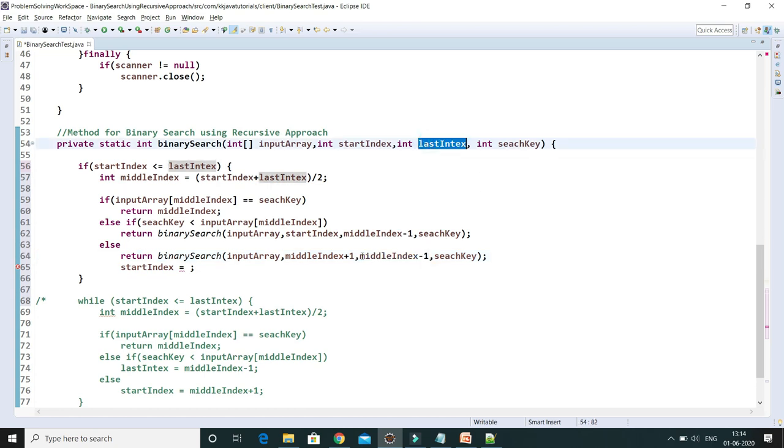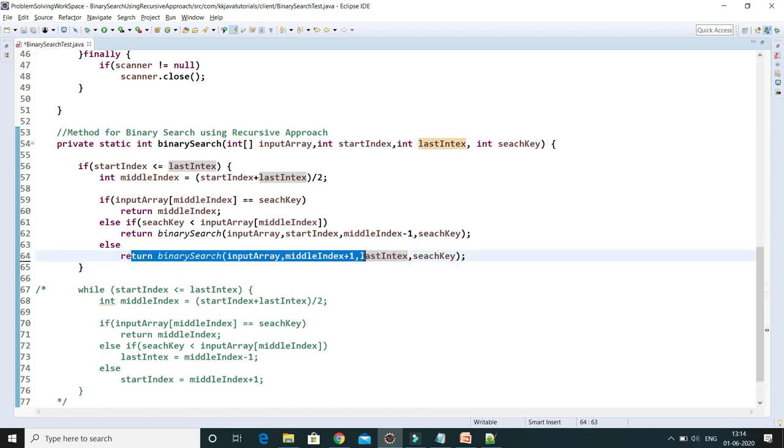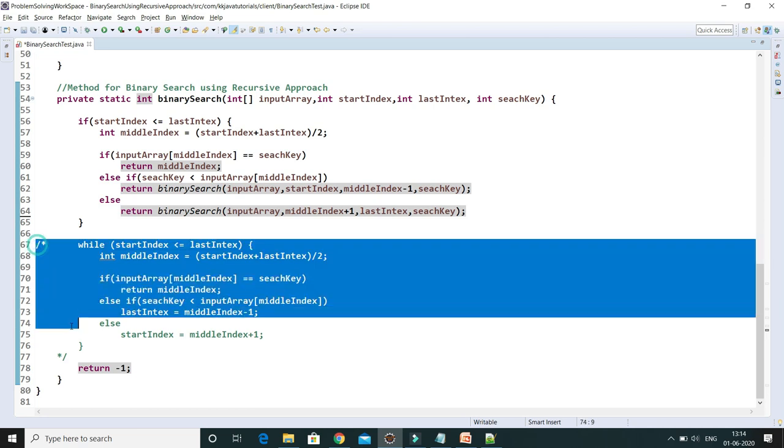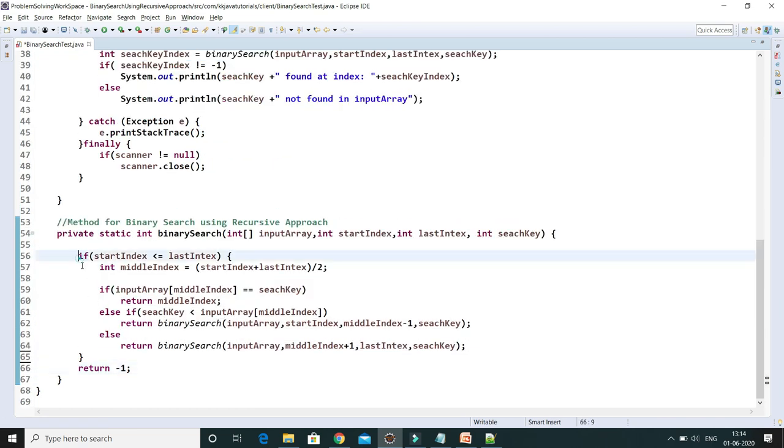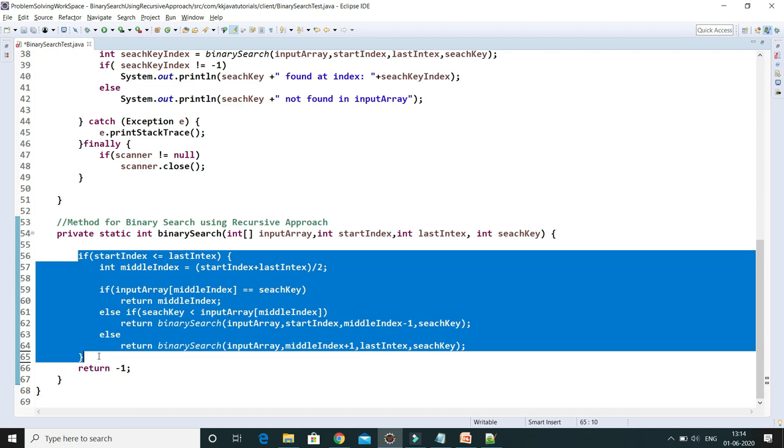Last index is not going to change in this case. So if your search element is greater than the middle element, then the starting index will be middle plus 1, and the last index will be the last index. That's it, and you directly write it in the return statement. This code is not needed at all if all the cases are covered inside this if condition.